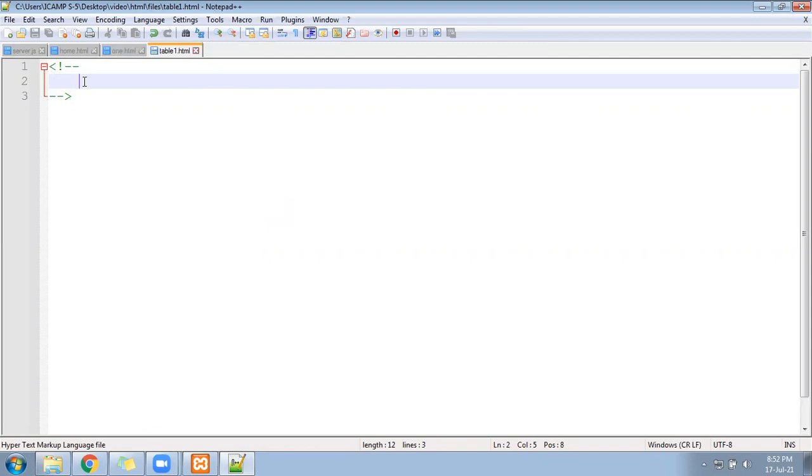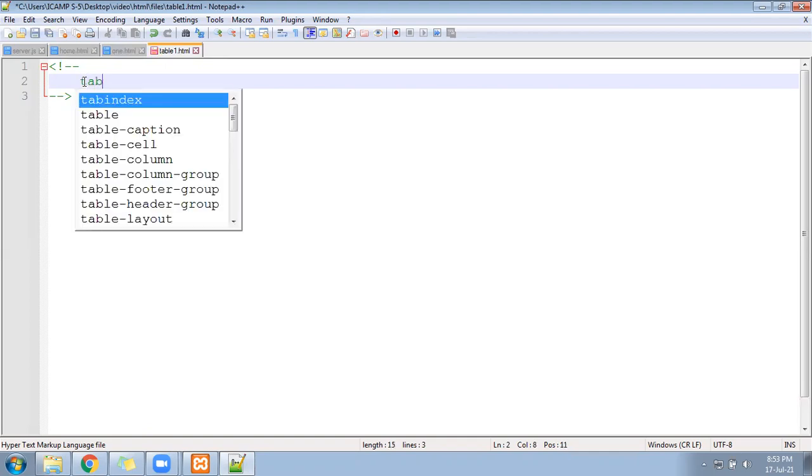Before writing the code, you need to know what the structure of the table is, what the main elements are, what the main tag and what the sub tags are. And then we'll start writing the code. Whenever you are creating a table, we have two structures, but since we are on the first example, I'll guide you through the first structure only. What is that and how does it look? Let's see. It is like this.